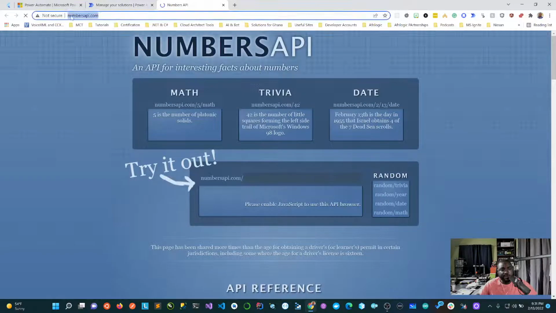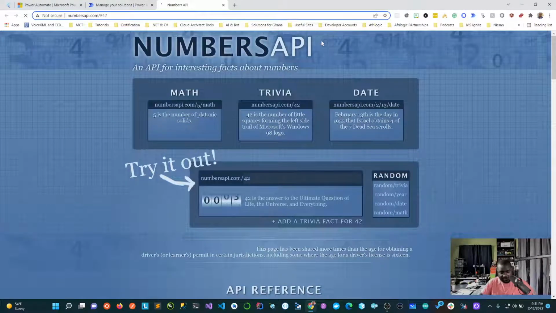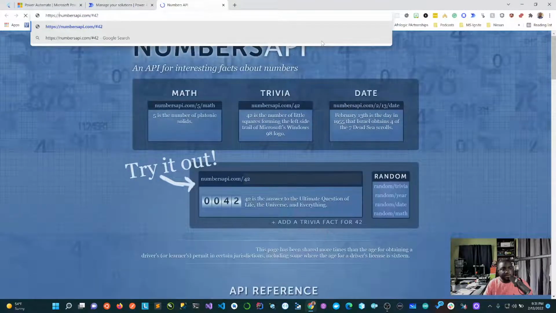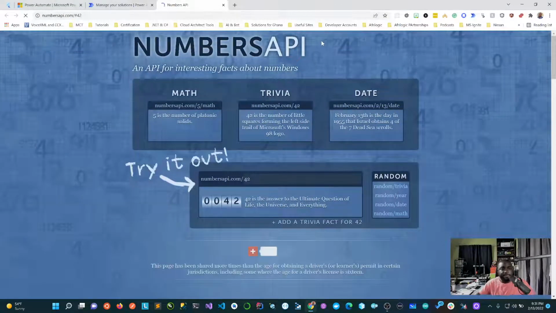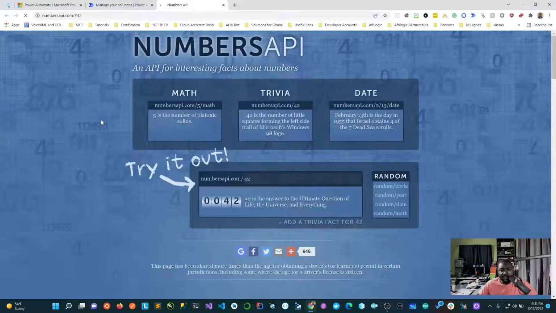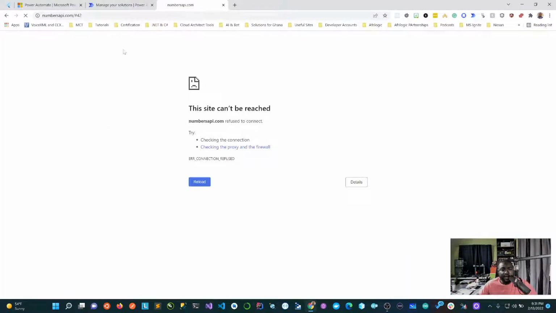I don't know if it takes HTTPS. I'm not sure. Let's see. Hopefully this should work. Okay, looks like, no. I don't think it does. Okay, let's do this. Yeah, it doesn't. Hold on. Let's go back.